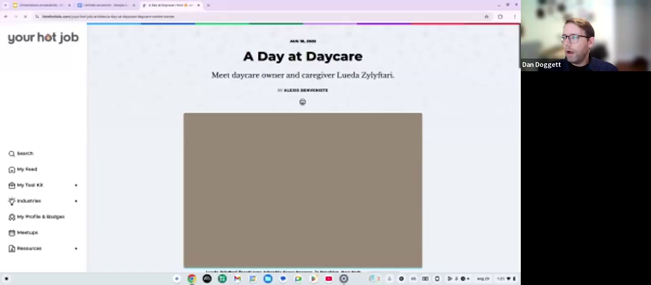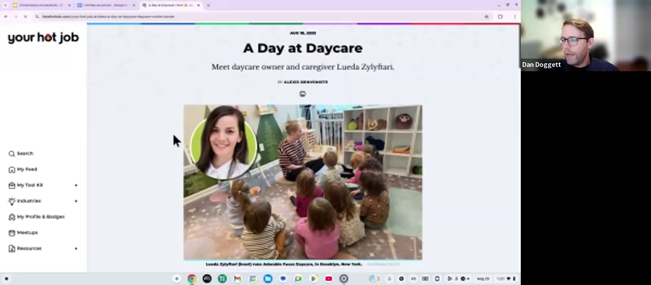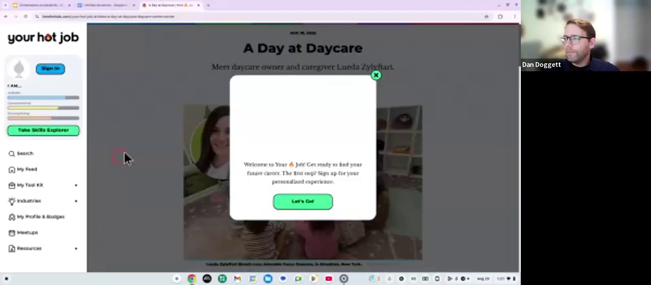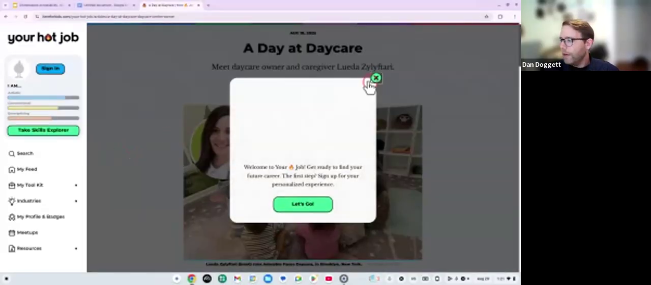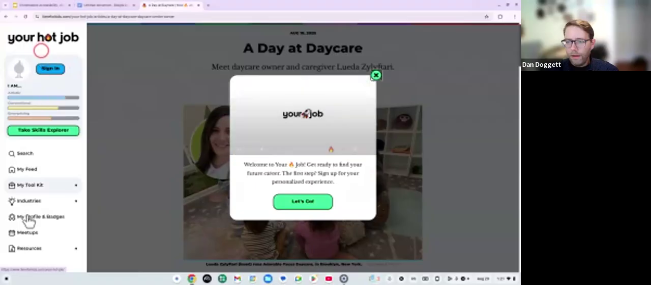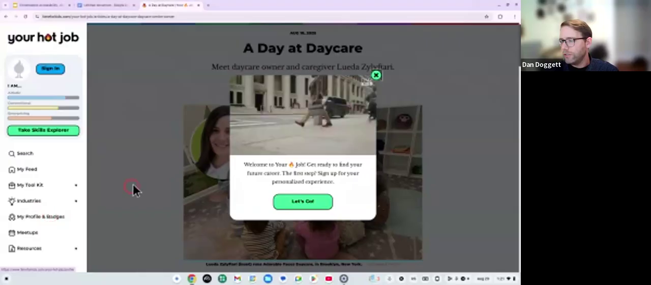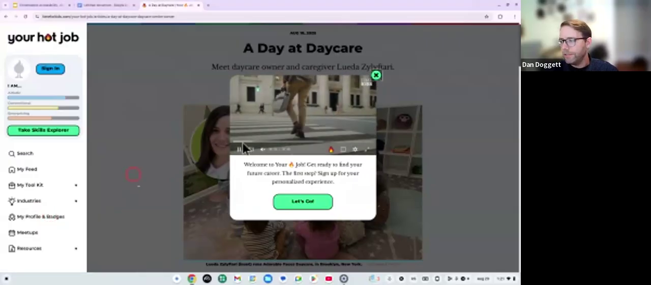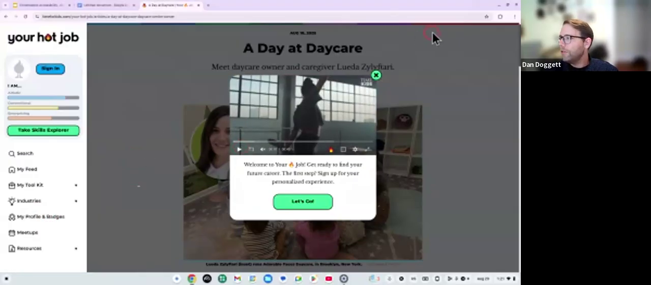Okay, and so I want to read this article, and already we've got a lot of stuff going on this page. I've got a pop-up that's sort of animated here. It's got a video playing. I've got a bunch of other things going on the left-hand side of my screen. I just want to read this article. This is very distracting. So what I'm going to do is at the top right corner of my browser, there